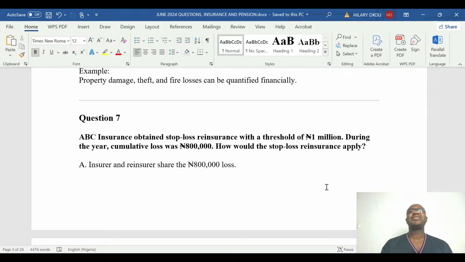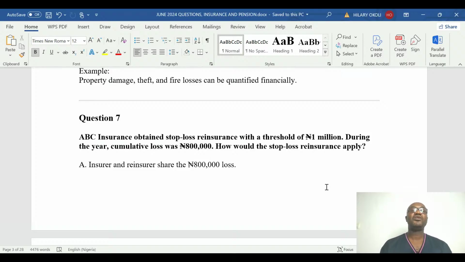But assuming the car shattered entirely, no way to repair it again, and that car in the market at that time, after the 8th or 10th month, is considered as 7 million. So it has now exceeded, and they'll give you a new one, because you insured at 5,200,000 and the damage is about 7 million. So you get 7 million worth and you'll be happy.